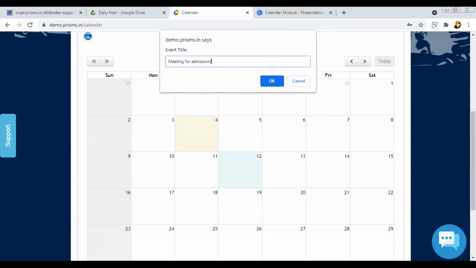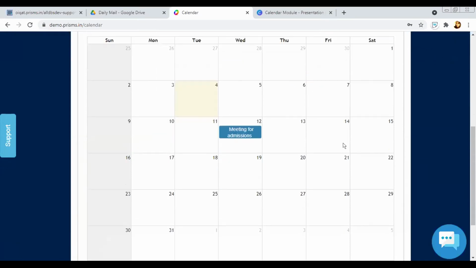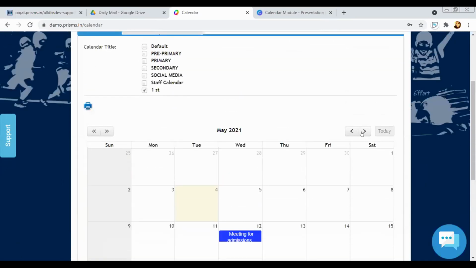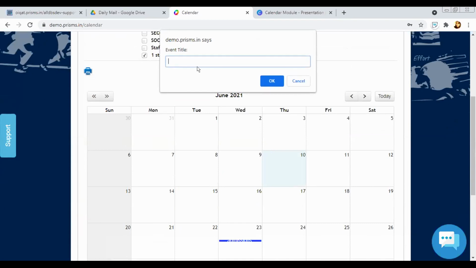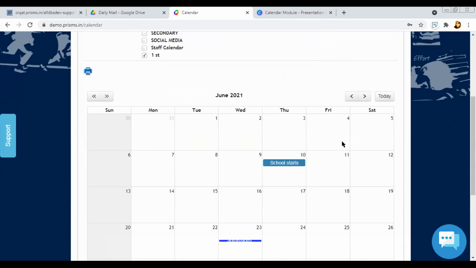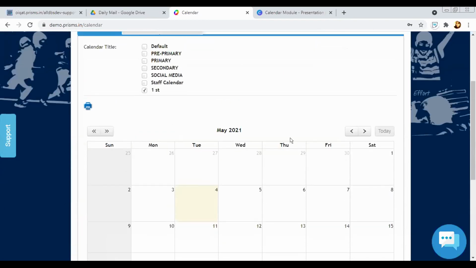So across the year you can update all at once, or whenever you want, monthly or weekly. However you want, you can update and keep. So this is how you have to update the calendar.